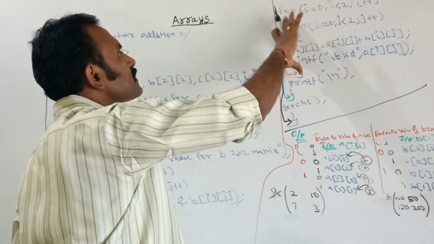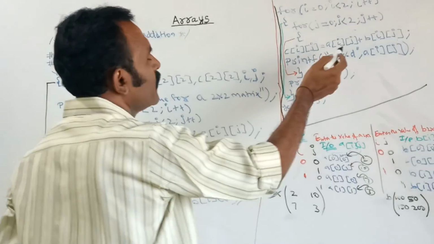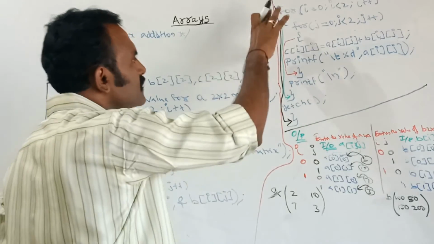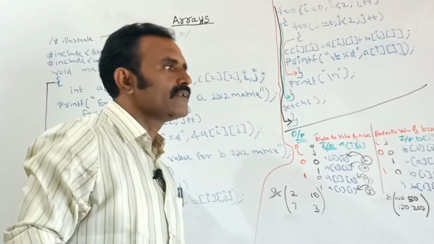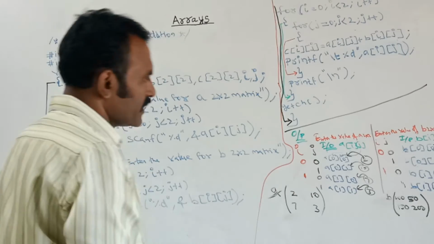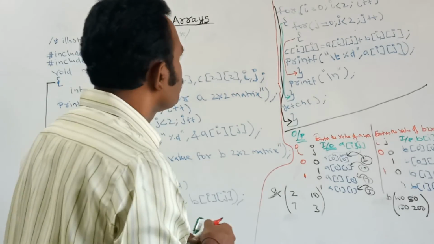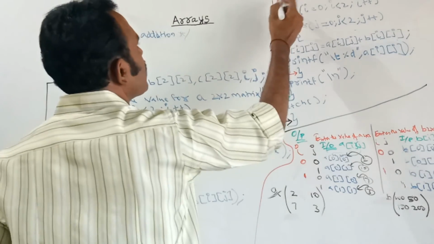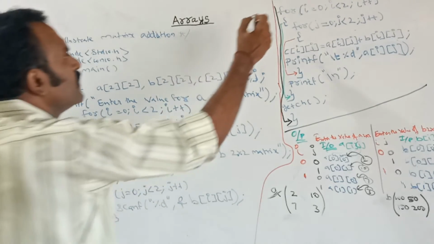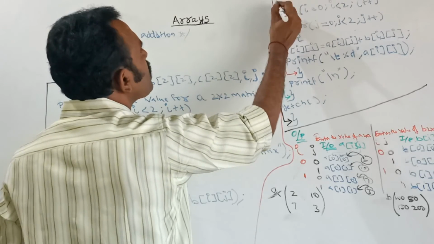Now with the help of this loop I am going to add the two matrices and store that added value to the C variable, and this loop is used for adding, and the next one is used to print the added value also. So here when I is equal to 0, otherwise here we can print it like this. Before this loop, after getting the B value, here give one print statement,